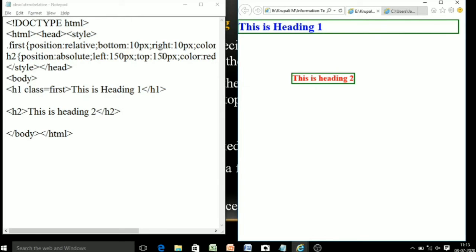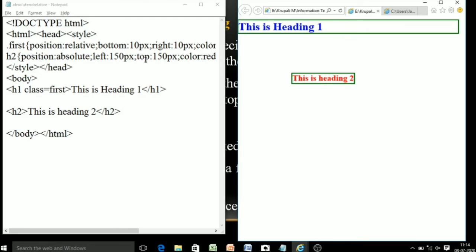And for the absolute positioning, left 150 pixels from the browser window, and top 150 pixels from the browser window. So it's considering 150 pixels from the left of the browser window, 150 pixels from the top of the browser window.